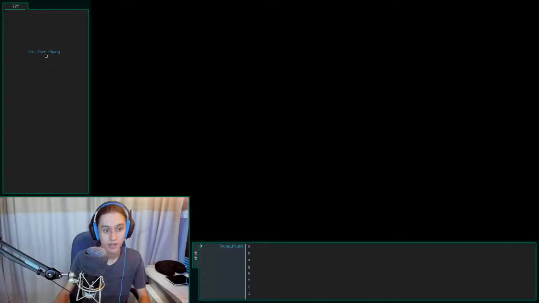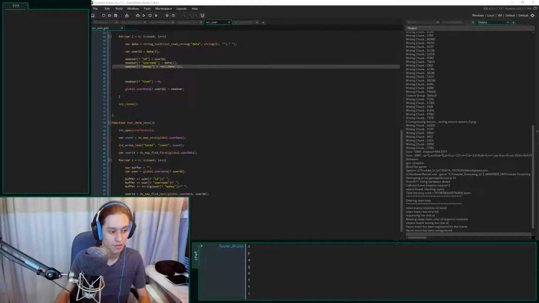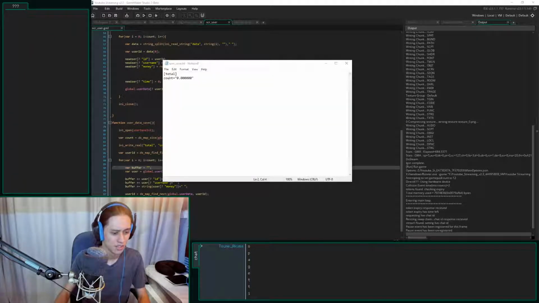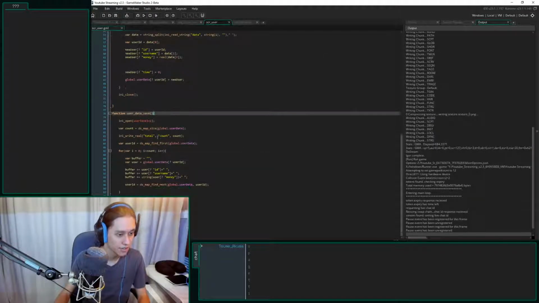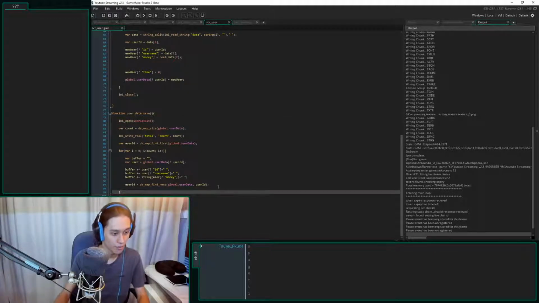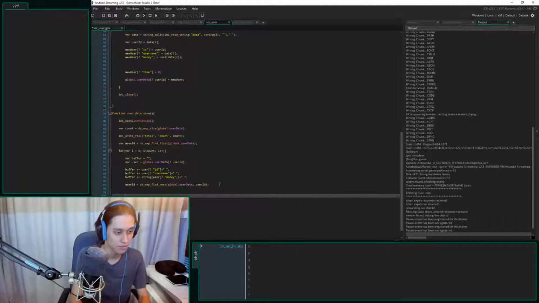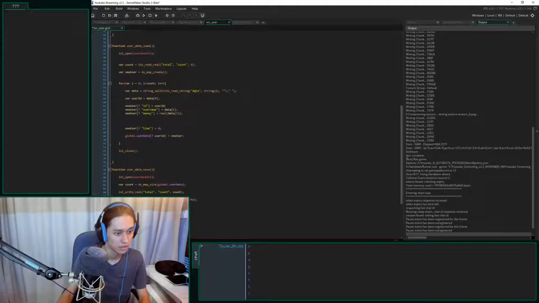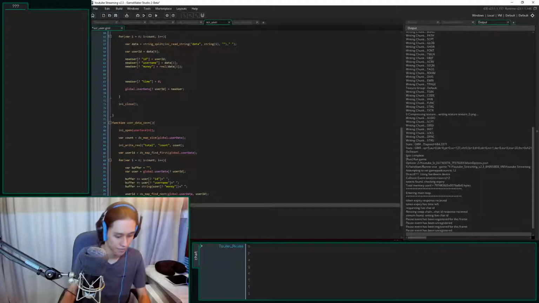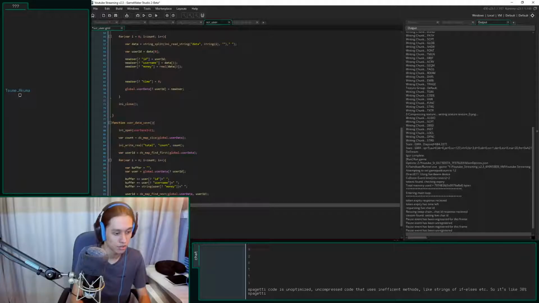Let's see what my save says. Nothing. My save doesn't say anything. Oh. Of course my save says nothing. I'm not saving it. My save isn't finished. I'm opening it. And then I'm closing it. The buffer's not writing anything. Let's write something. I write string. This is going to be the user. What's it called? It's under I read string. It's under data, string of I, and the string is going to be the buffer.